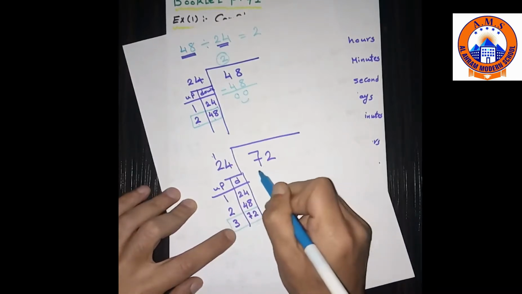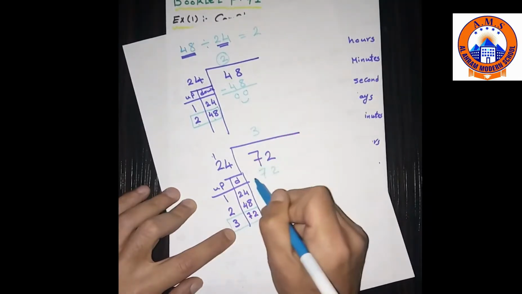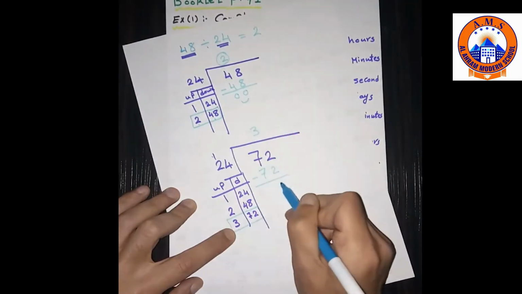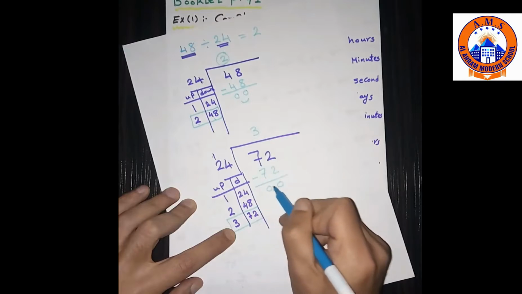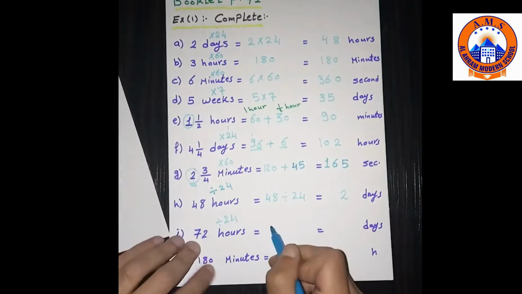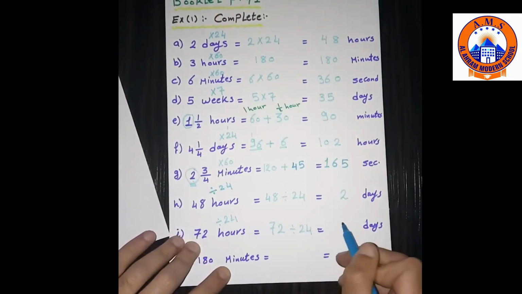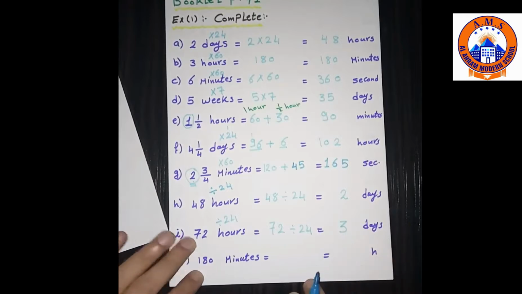We write down 72 and put up 3, and by subtracting, 2 minus 2 is 0, 7 minus 7 is 0, there is no remainder. Our answer is 3. We will write the same steps here. 72 divided by 24, the answer was 3. The last one,